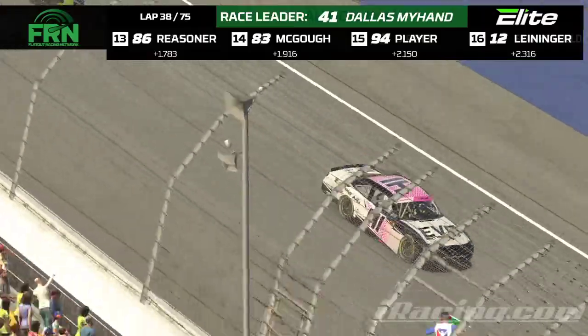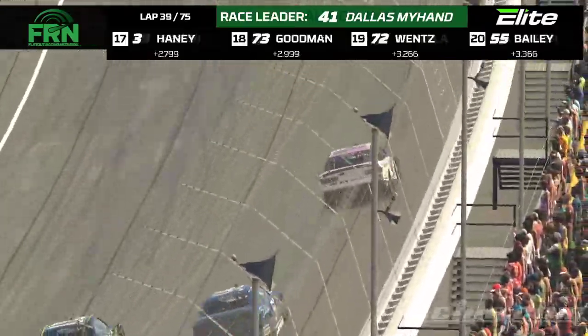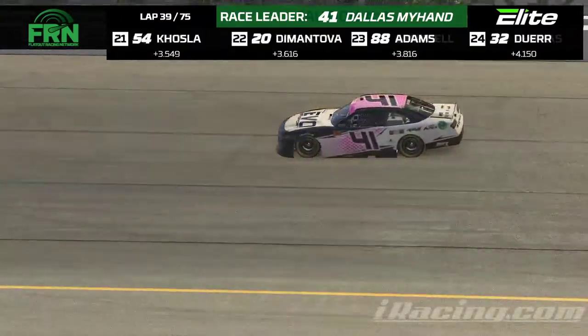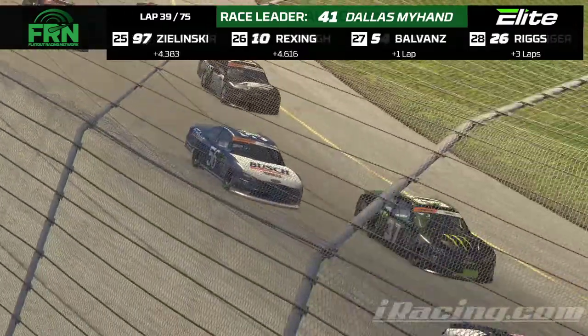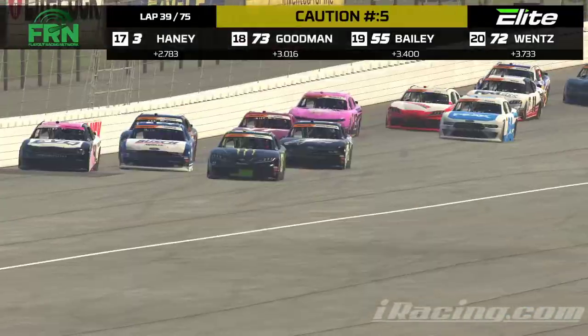Mahan's going to get away, but he is right now the only one out there with older tires. Everybody else had been to pit road, so we'll see how long those older tires can hang on. The battle's on for second. Ethan Burrell is going to clear Tate Lytle, looks like, through the center of the corner. That's just what Dallas wants to see, a side-by-side battle, but here comes the run off the corner. The old tires are going to...